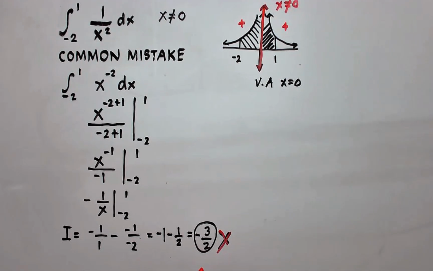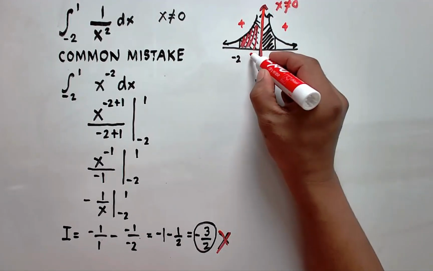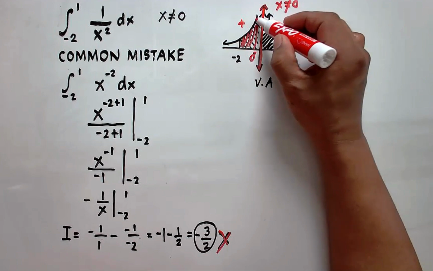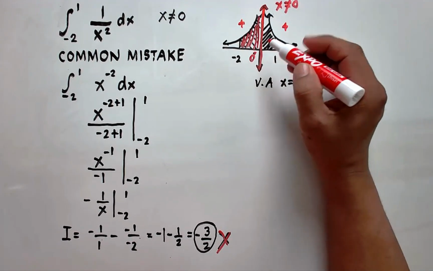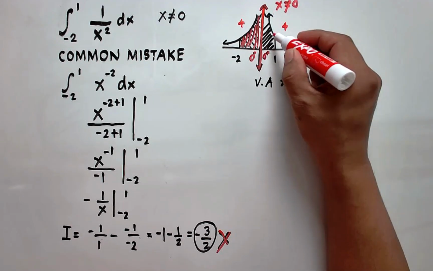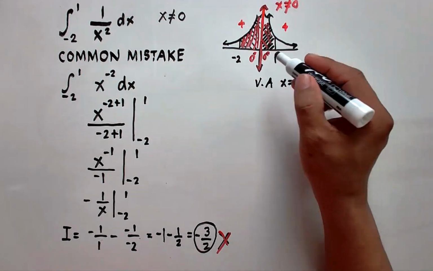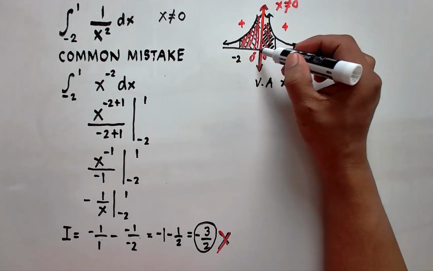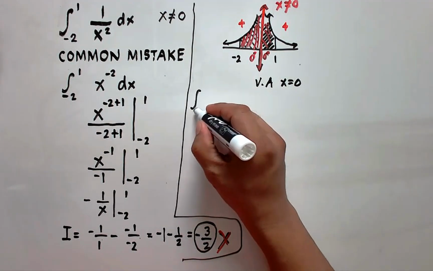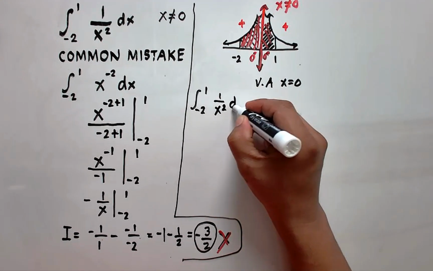So how do we correct this problem? To correct this, we are going to find the area from -2 up to 0 approaching from the left, or 0 minus. We are getting closer and closer to 0, but not touching 0. And the other part is find the definite integral from 0 coming from the right up to +1. And so we can break this down into two definite integrals. And since we are only approaching 0, but not actually 0, we are also going to use the concept of limit. So we now say the integral from -2 to +1 of 1 over x squared dx is equal to